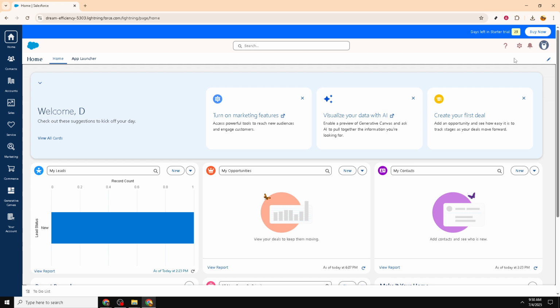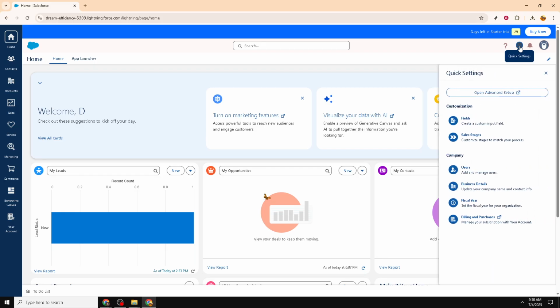Once you're on the home page, look towards the upper right corner of the screen. You'll see a small gear icon, which represents your settings menu. Go ahead and click on it. This settings menu is your gateway to numerous customization options in Salesforce, allowing you to tailor the platform to suit